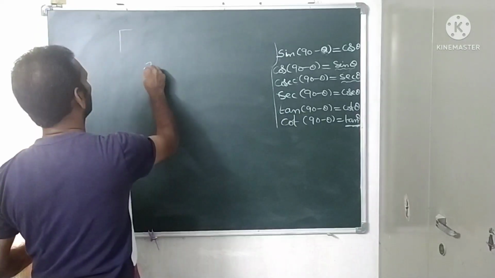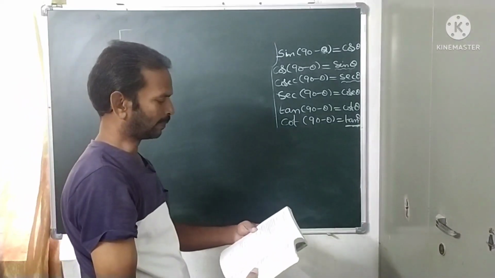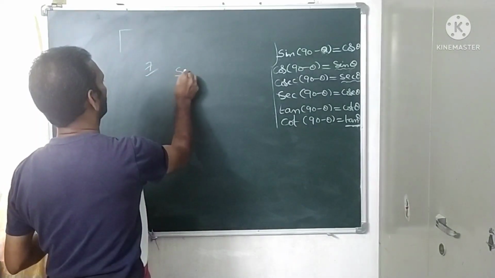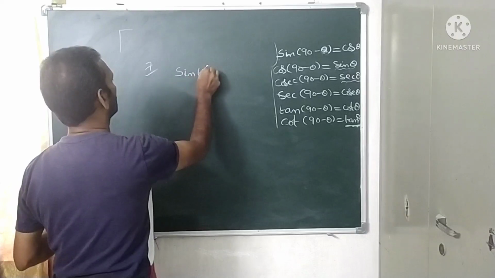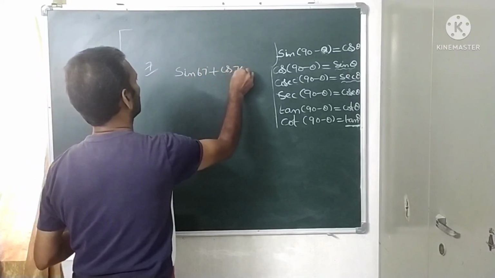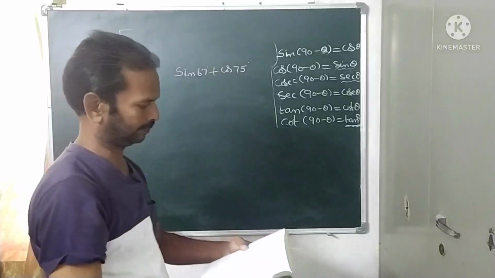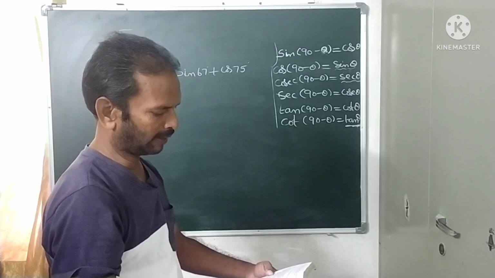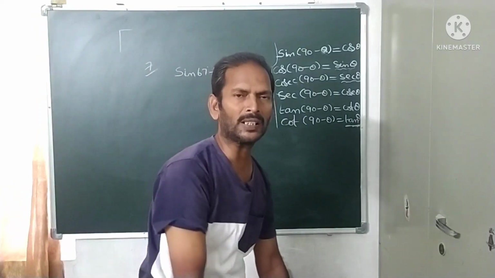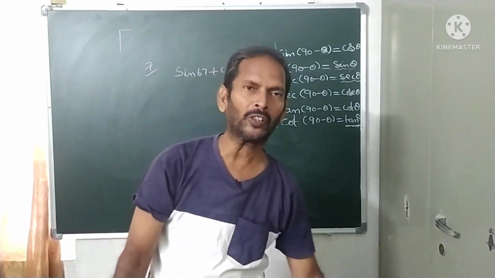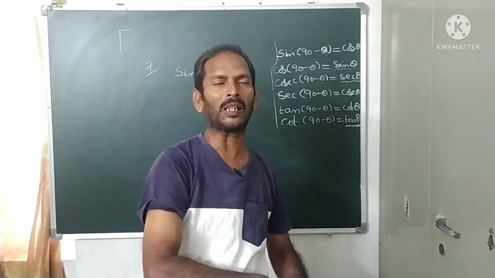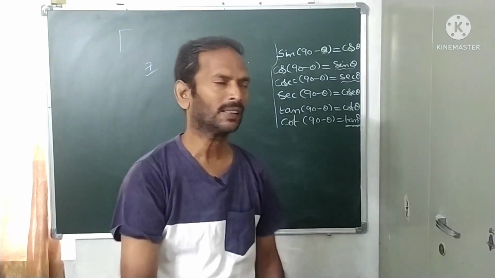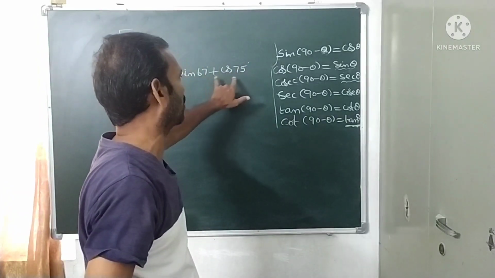Similar seventh problem. Express sin 67 plus cos 75 in terms of the trigonometric ratios of angles between 0 to 45. Before I said, without using more than 50 number, you should say your amount means two times of 50 is there. Like that only, this value without changing, angles have to reduce.